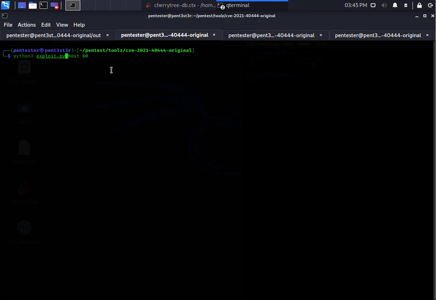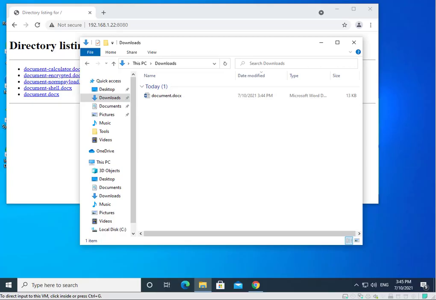What this command does is running a Python script exploit.py from this directory here, and it hosts the Word document vulnerability payload on this website here. So I'm going to run that, and once it's run, I can run this one